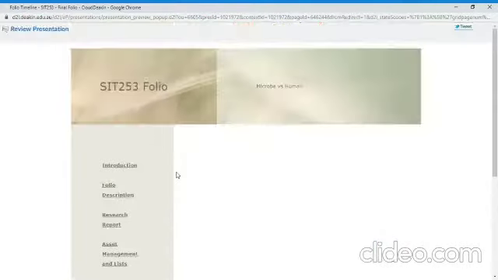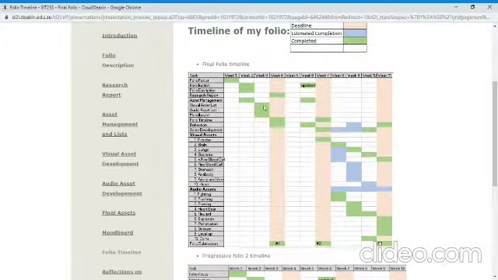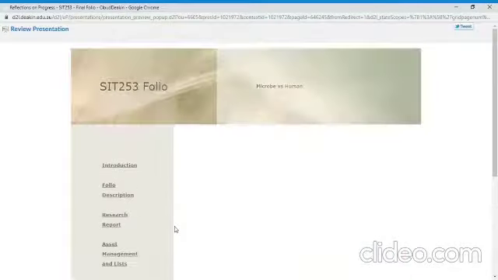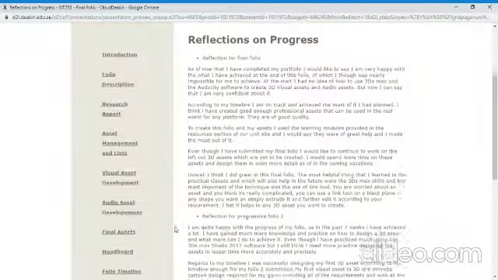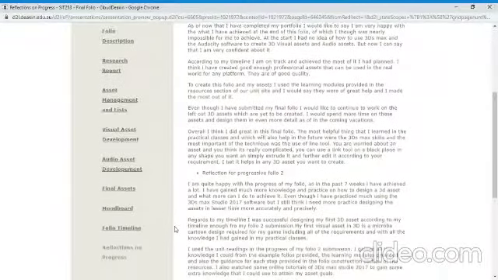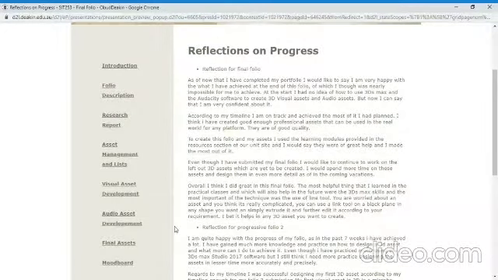This is the timeline of my folio in which I have shown the progress of how I went through the whole process. In the end, I would say my progress so far has been good and satisfactory for me. I learned to use two different softwares, 3ds Max and Audacity, for visual assets and audio assets. I reached my goals of designing 3 assets. However, I designed 4, but